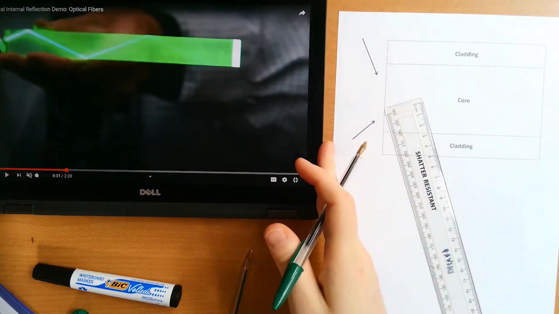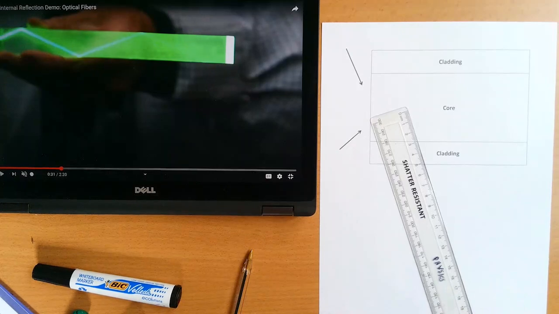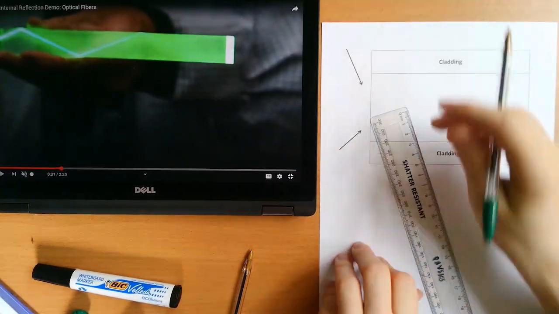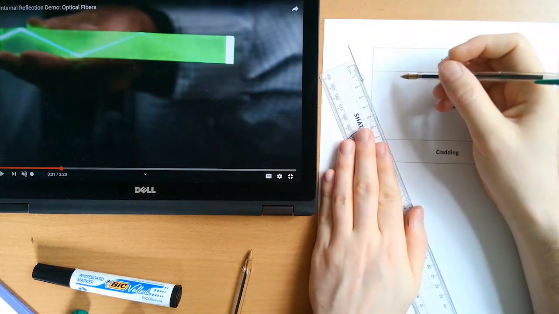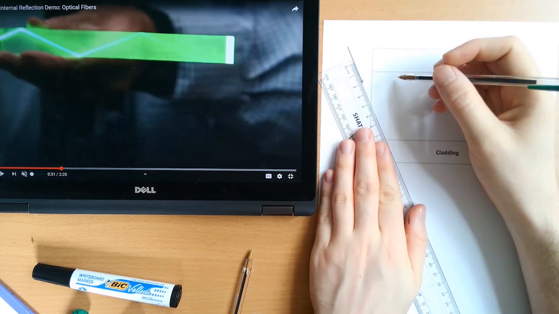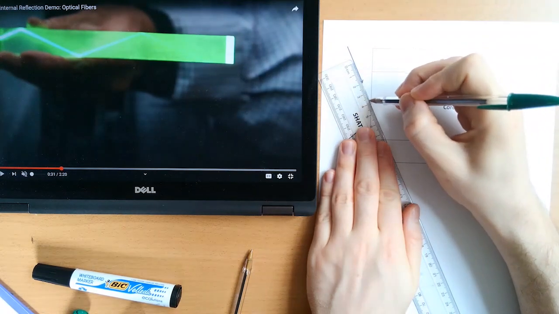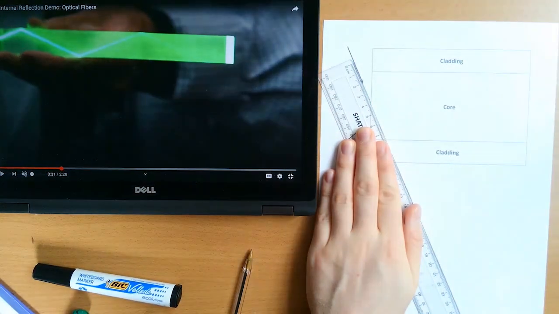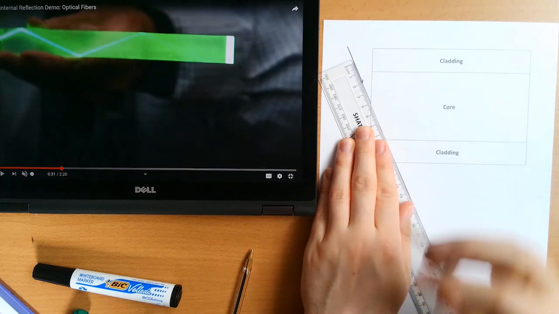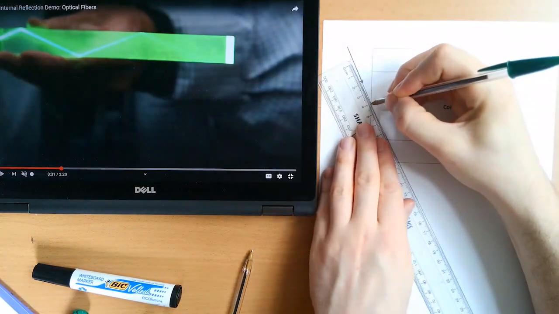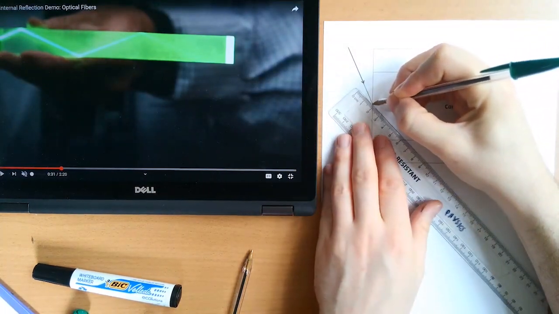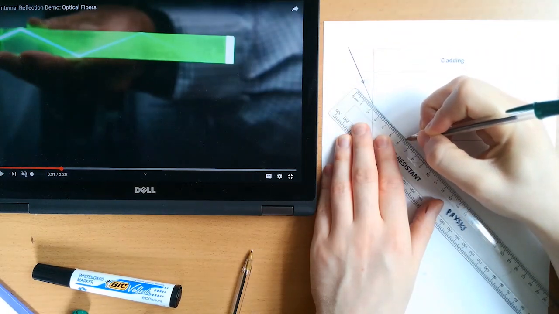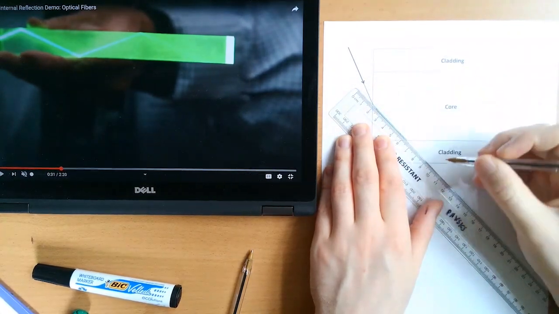Just push this over a little bit. So two examples of light rays coming in. Now what I'm going to do is carry this one on to the edge of the fibre. Now as light goes from a low to high refractive index, it bends towards the normal. Okay,